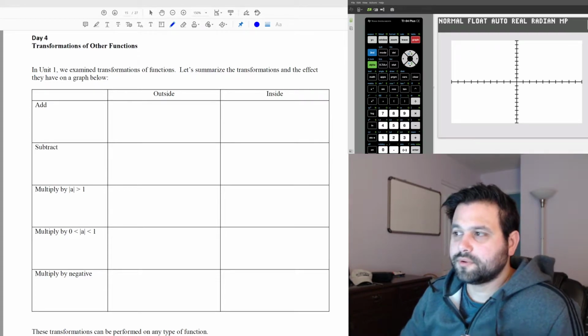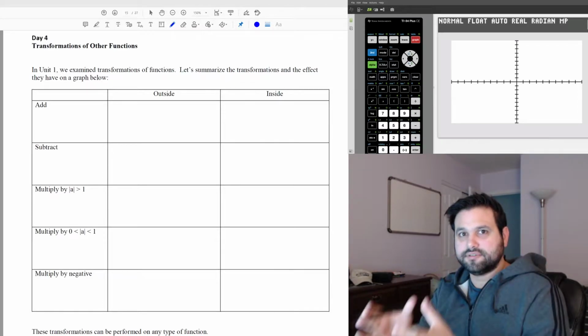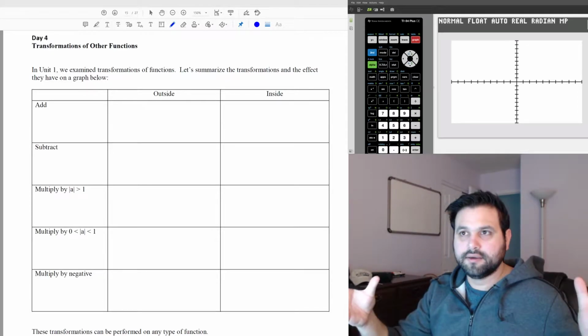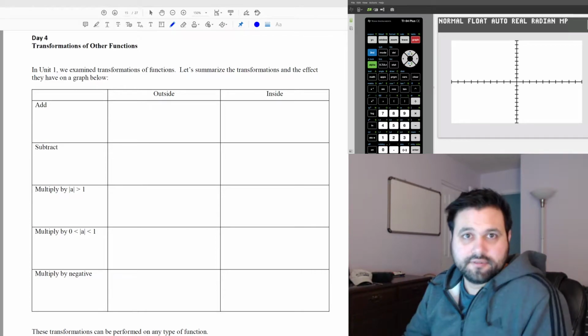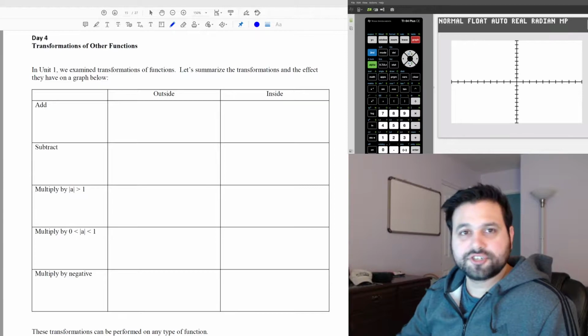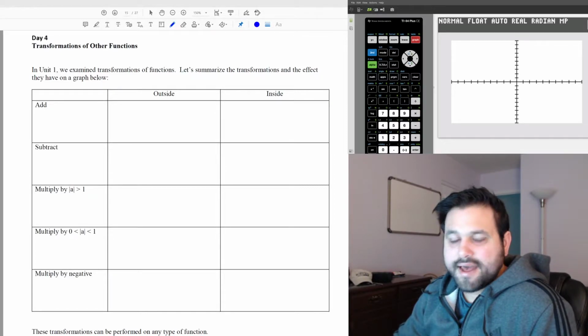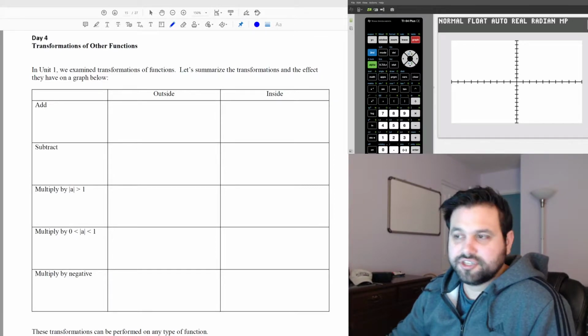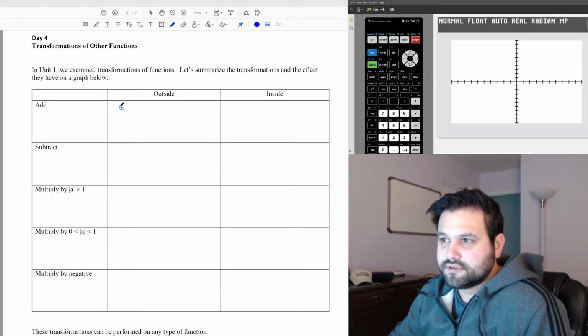So this was the unit where we talk about doing stuff on the inside and outside of functions, and how they transformed the functions. That's why they're called transformations. So here's a little chart we're going to make. If we add on the outside of a function, that is a shift